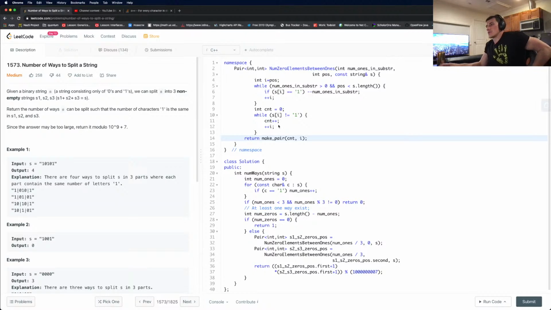So the I we return here, as a second element here, will be the first one of the S3 substring. So we start with it again, saying, okay, it's equal 1, subtract 1, and then until we do all of this. So this here